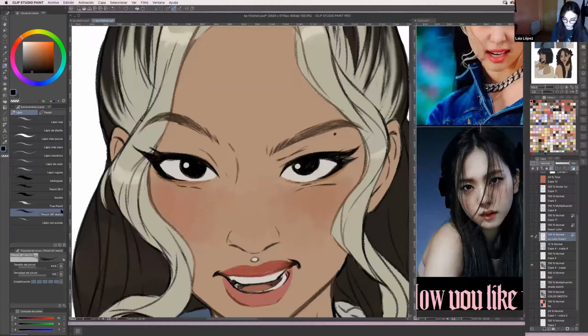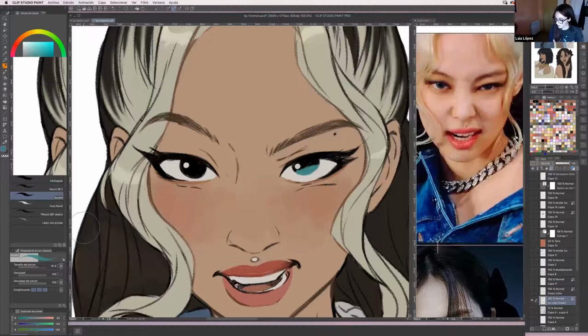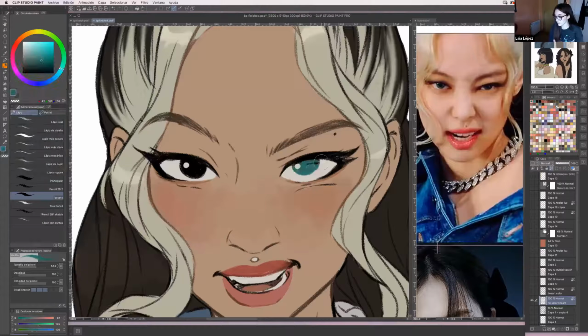I'm using the 2B pencil and it has too much texture, so okay, this one's much better. As you can see, I just keep trying and changing colors until I find one that works or that I like. Then I do the outline. Again, I'm still blocking the pixels layer, and that's why I'm not going over the line or outside the line.